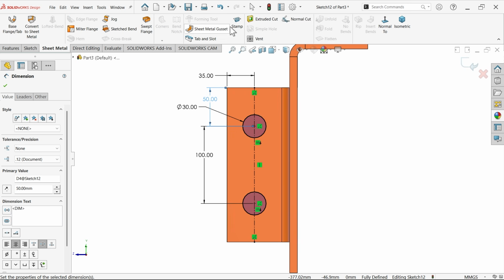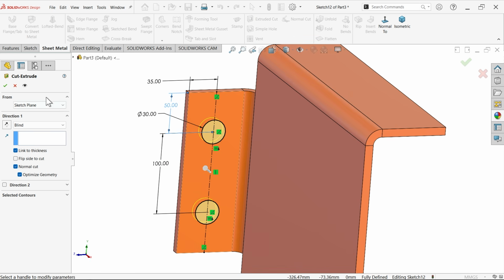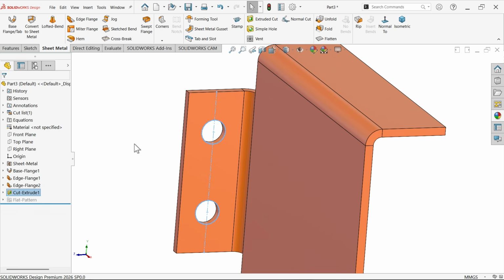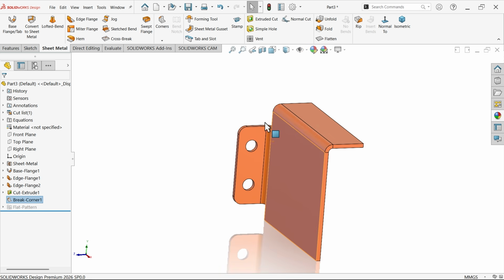Go to sheet metal, apply extruded cut, and here select through all, or if you keep blind link to thickness, it will cut. See, break corner, fillet, make it 20, select this face and automatically detect two corners and apply. Say okay. Look,